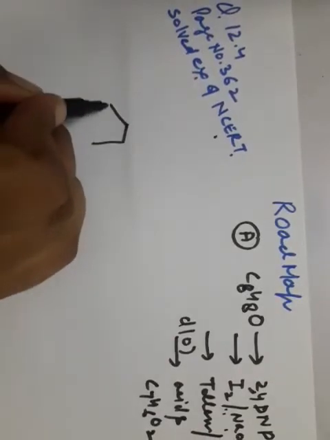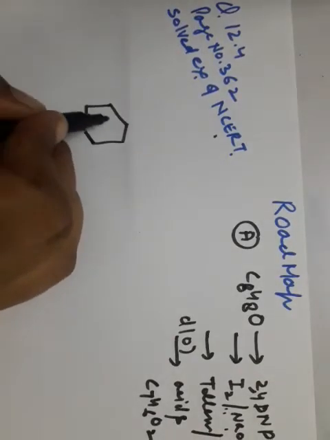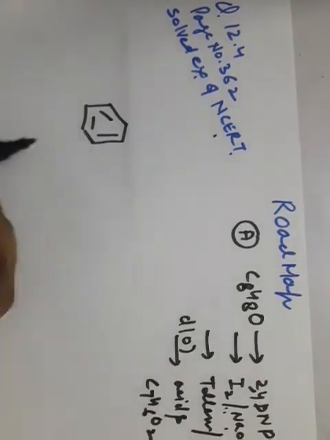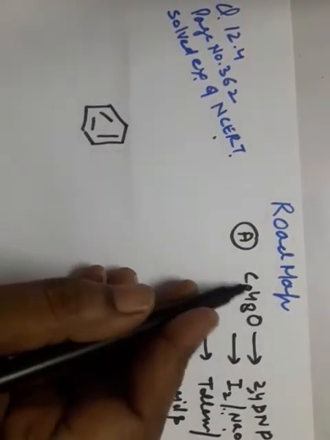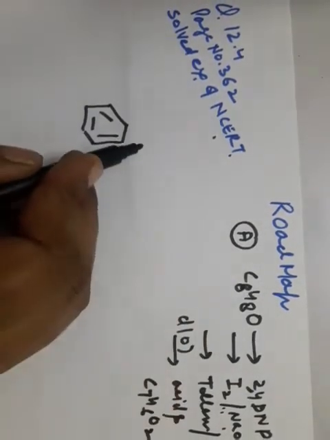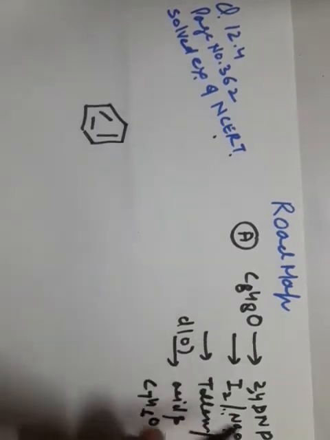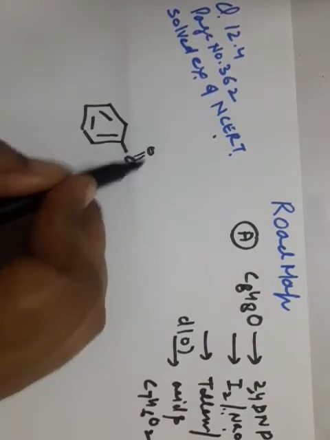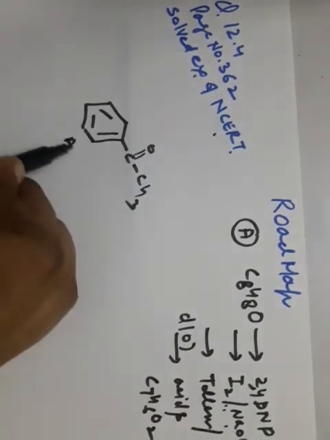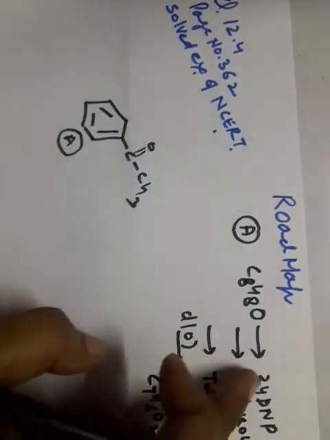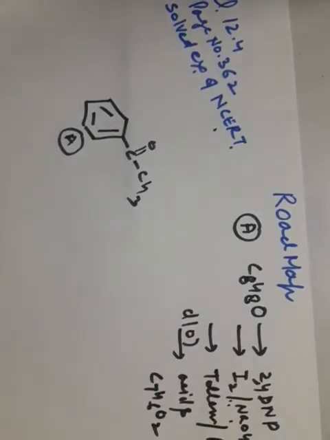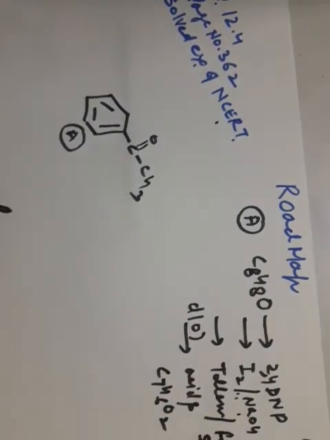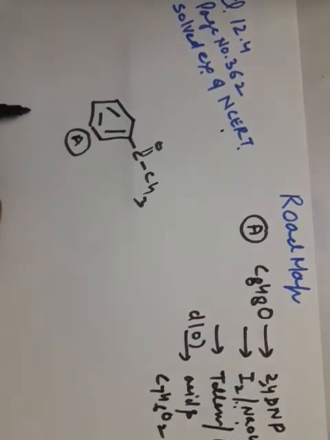Let's start. Try to draw a rough diagram which satisfies C8H8O. See, it's an aromatic compound, benzene, because we assume it has a greater number of carbon atoms, and having a methyl ketone like this. So we assume that our compound A is this one. Now we have to give the justification of each equation. So let's start. Take the compound.